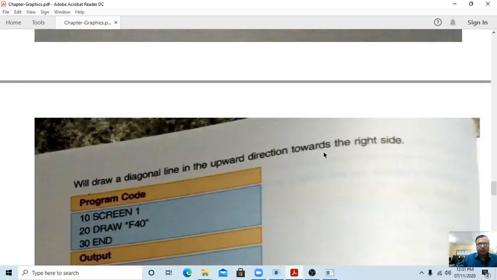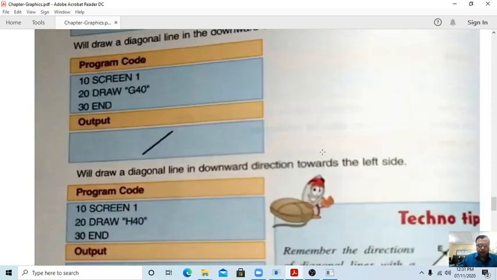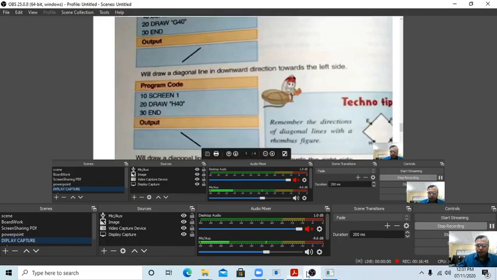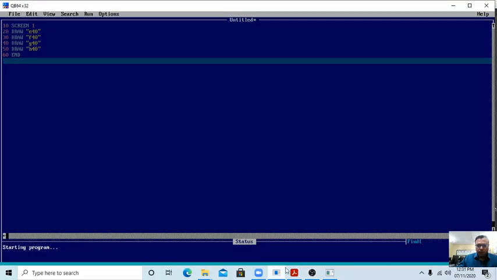But this figure is known as a rhombus, okay. Remember the direction of diagonal lines with the rhombus figure. This is the figure because all sides are equal, that's why we can say it is a form of rhombus, okay.